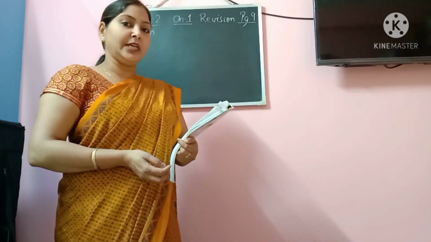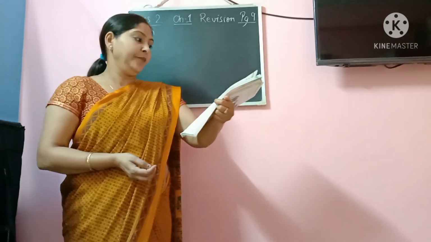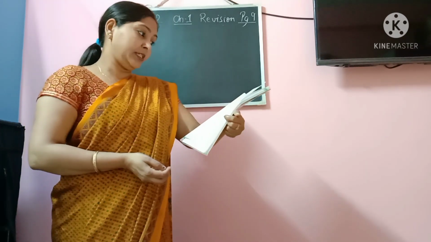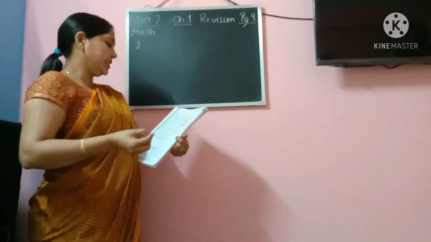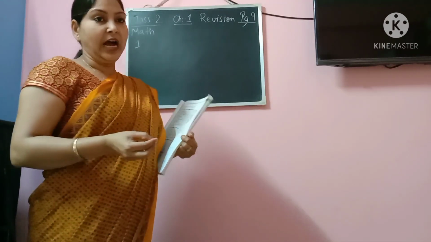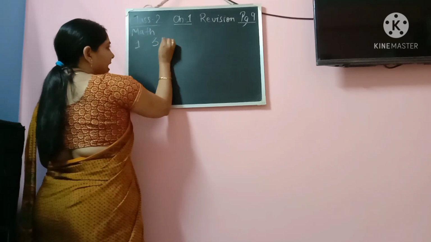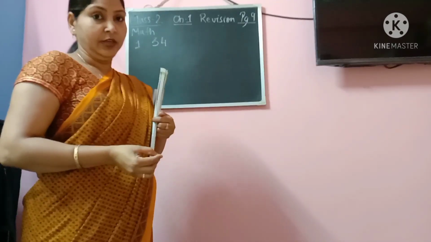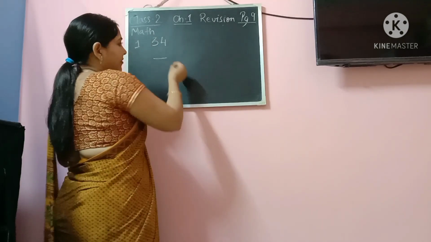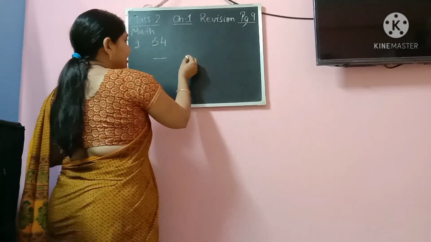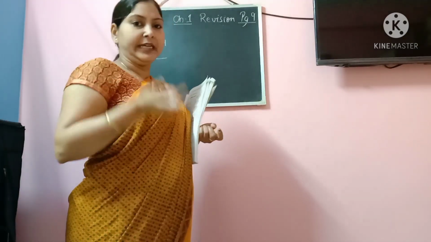Now, the first question, as you can see in your book. You can take out your book and look at page number 9. Question number 1, fill in the boxes with suitable numbers. I am going to write the question here: 34 is just after which number? You need to understand the language here. Usually, when there is a blank in front, we write the before number, and when there is a blank after the number, we write the after number. That is our understanding.